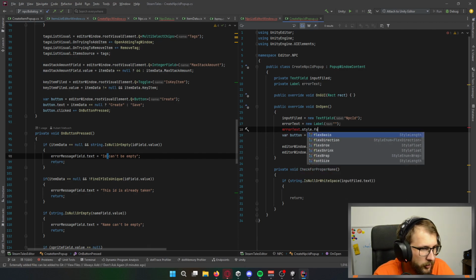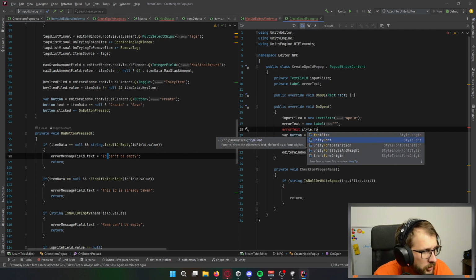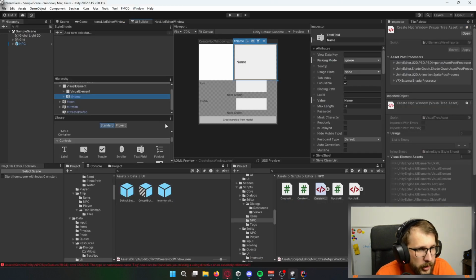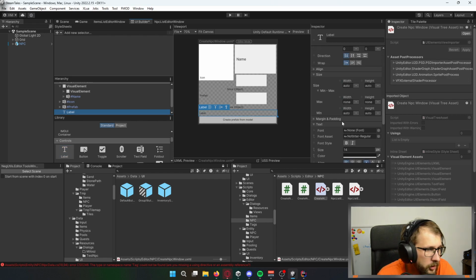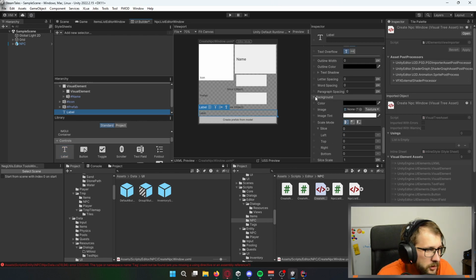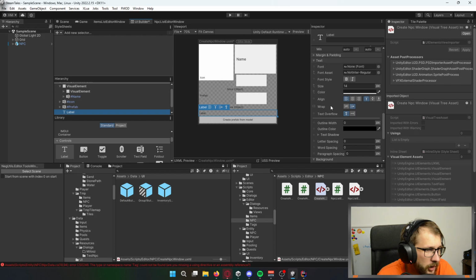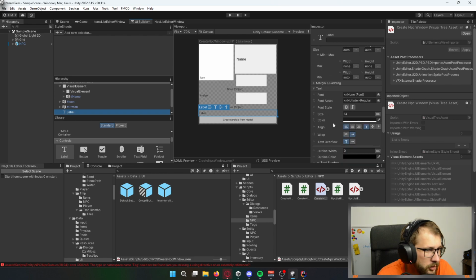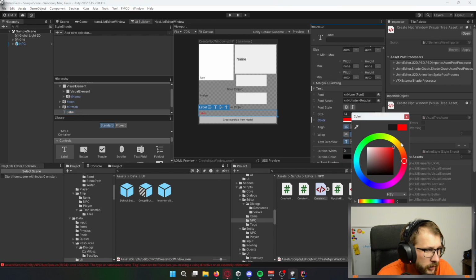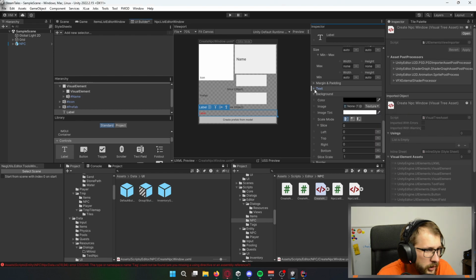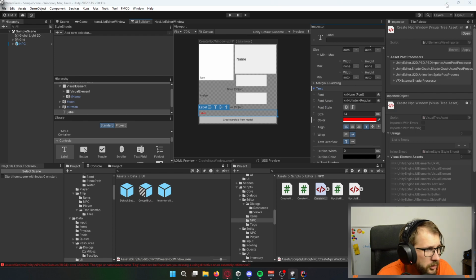Do I have something from font? Unity font. How am I changing the color of a label? So to change color, I have it here. So it's in a text, font color.